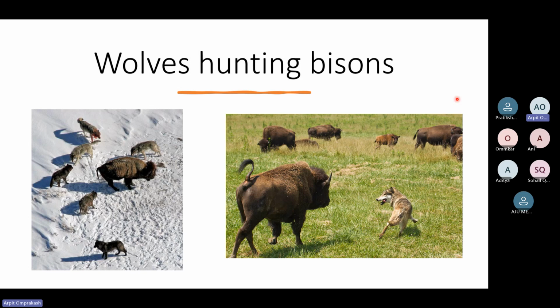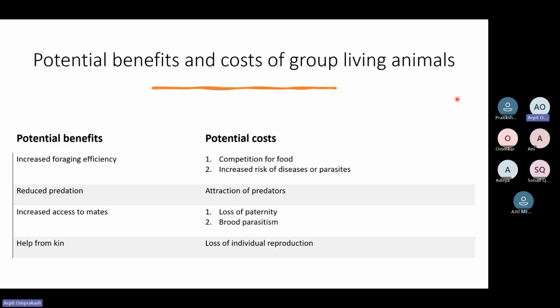Then basically these wolves hunt in packs and then eat. So if an individual wolf tries to hunt, it's much more difficult for it than if a group is hunting. So potential benefits of group living for animals are increasing foraging efficiency, reduced predation, increased access to mates, and help from kin. Whereas potential costs are competition for food, increased disease and parasites, attraction of predators, loss of paternity, and